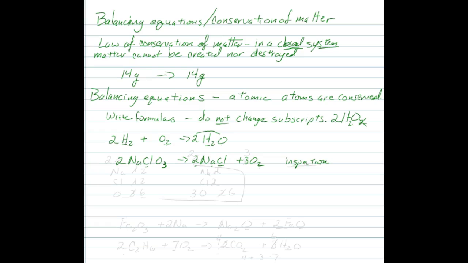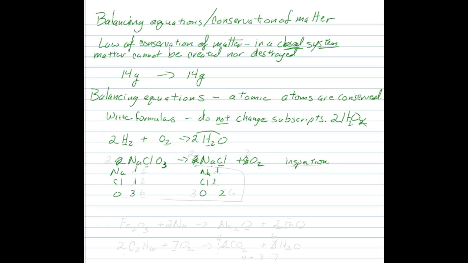Maybe in middle school or in biology, you did the accounting system where you list all the atoms and write down how many you had. And then you try to balance them that way. It's the same thing we did, except here you're writing them out more. It takes up more space. It's okay to do it that way, but